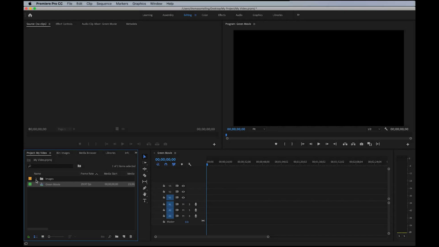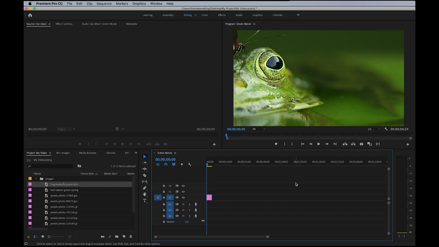Now that we have a sequence to work on, it's time to start bringing over some images and actually putting them on our timeline. So what we can do, we can expand our bin here, and we can just drag over an image and place it on our timeline. So as you see, we have a frog with an insect on him, and it's kind of zoomed in. I'm going to show you how to fix that here in a minute, but let me just go ahead and